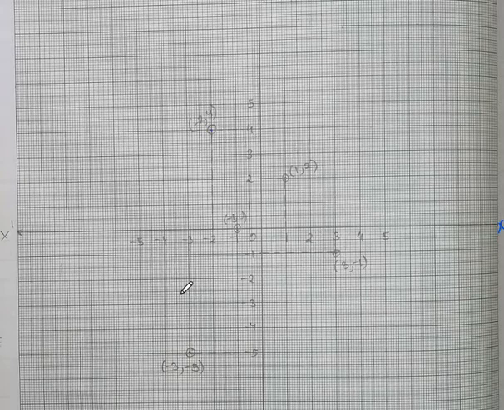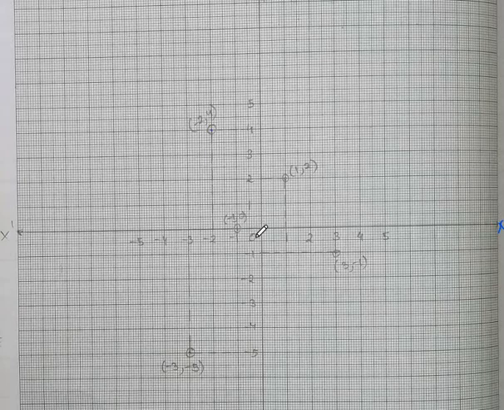So all these points are represented on the graph paper. And we found that minus 2, 4 is lying in the second quadrant. This is your first quadrant. 1, 2 lies in the first quadrant. Second quadrant. Minus 3, minus 5 is coming in the third quadrant. And that is your fourth quadrant. 3, minus 1. And minus 1, 0. Since y is 0, it will be coming on the axis only.